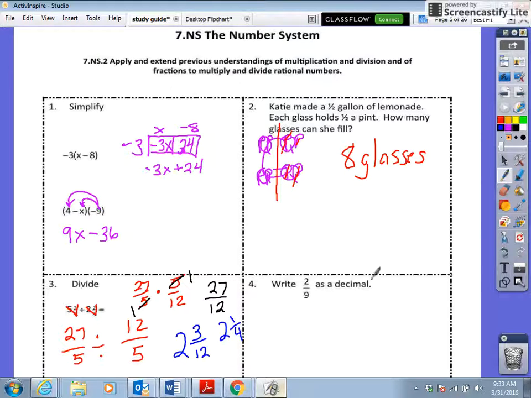Write 2/9 as a decimal. We work on this in the number system, we work on this with proportions, and we also work on this with probability. So you're going to see this skill come up a lot of times. So in order to find this as a decimal, you're going to remember a fraction is just division that hasn't happened yet. So it is showing you 2 divided by 9. So plug 2 divided by 9 into the calculator,